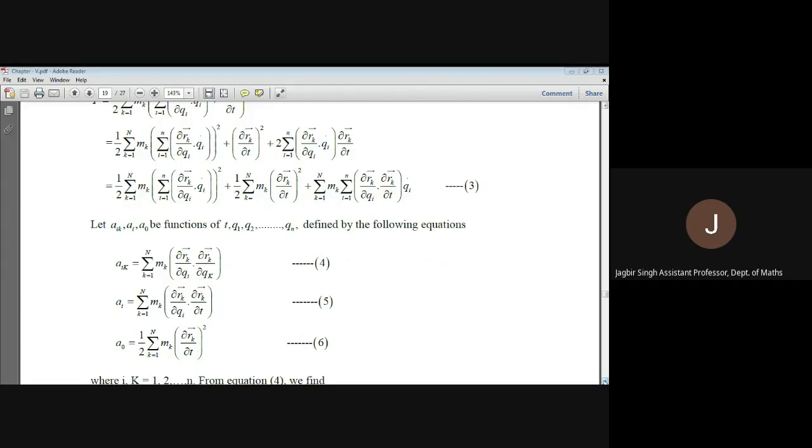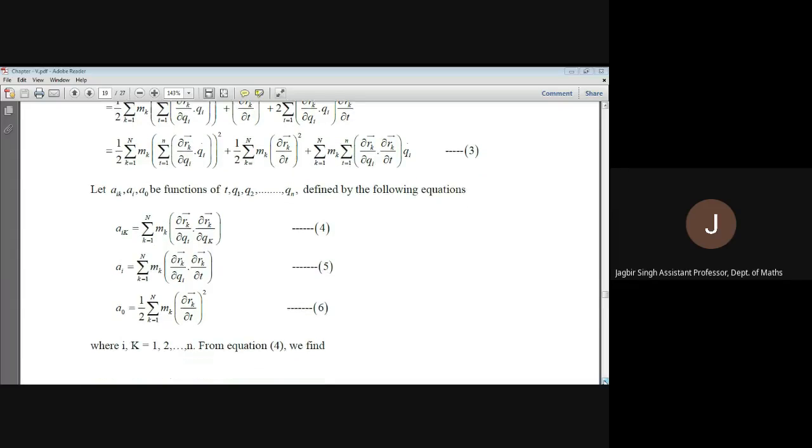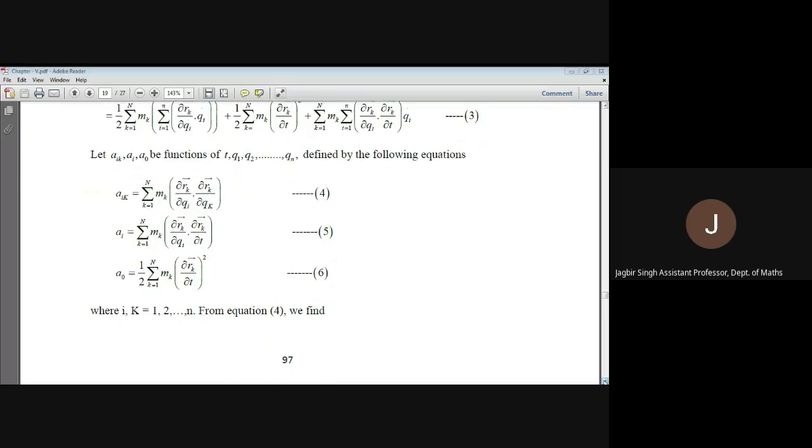Again, in the last term, just collect all the terms involving small k. It will be summation k from 1 to capital N, mk, curly rk by curly qi, curly rk by curly t. This term is termed ai in equation number 5. And in the third one, again the terms involving small k give summation k from 1 to capital N, mk, curly rk by curly t, whole square. So this is termed a naught. And now equation 3 is rewritten like